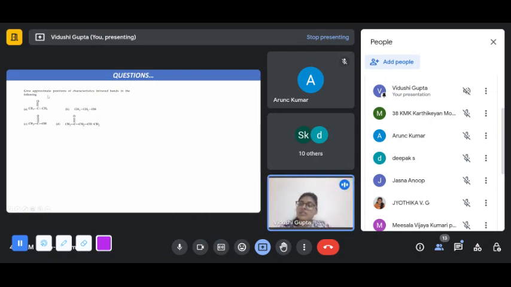The next question is: give approximate positions of characteristic IR bands in the following: CH3 C double bond O CH3, ethanol CH3CH2OH, CH3COOH, and CH3CH double bond CH2. So what will be the IR bands here? Now this is which functional group? Yeah, it's carbonyl. So carbonyl stretching will be at